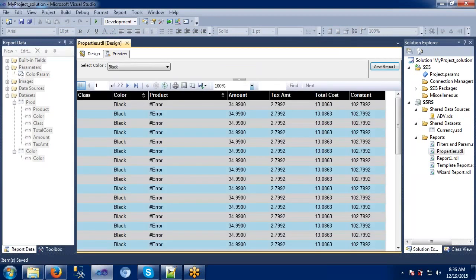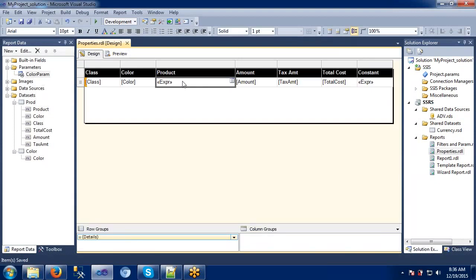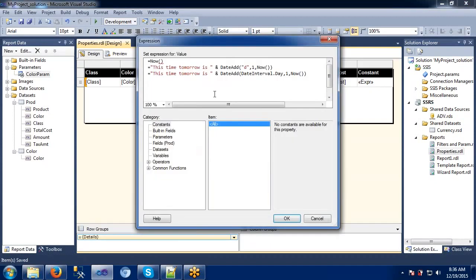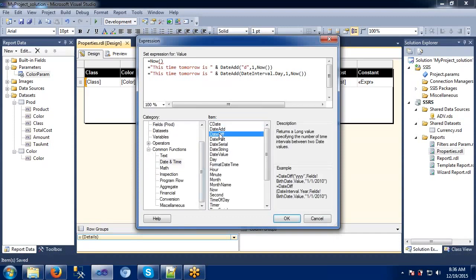I have just taken the syntax there. I guess it's throwing some error here. What was that issue? This time is tomorrow and date. In the example they have given some data set. That's why it is throwing some error. We don't have anything there, right? So that's why it is throwing an error here. If you want to find some date difference, we can find that. If you want to shift some date, we can do that.